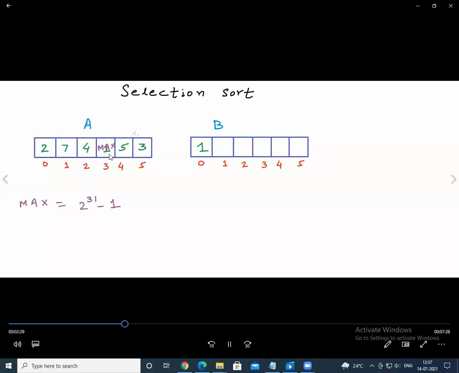What is the second minimum? That is 2, which is at position A of 0. So we position it at the next place in B. This is completed and marked. Again, the third is the next highest element. We sort it in the same way as the card arrangement, identifying the elements one by one, and so we have sorted the elements.